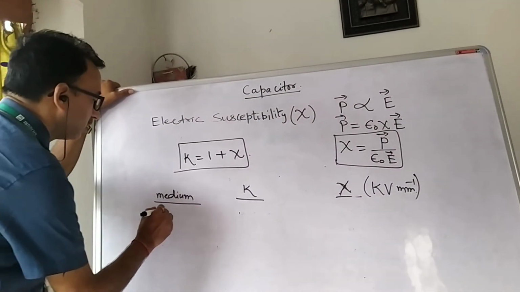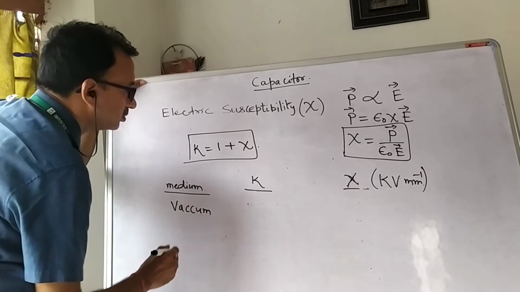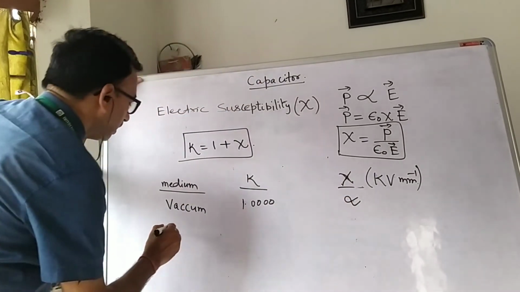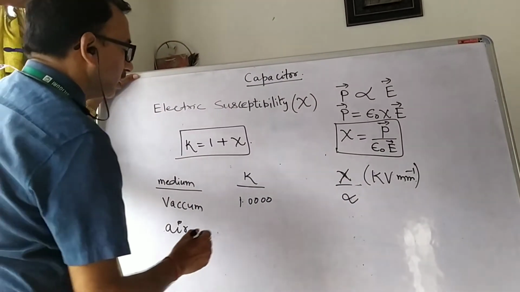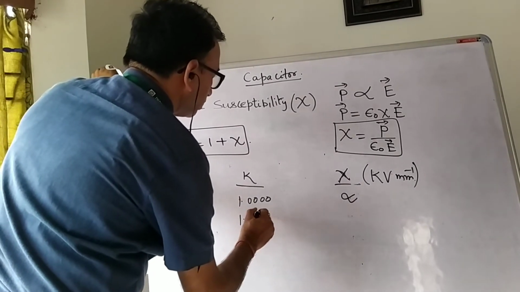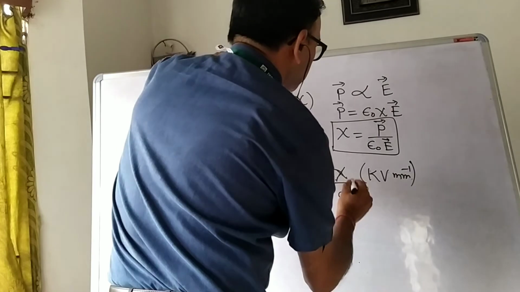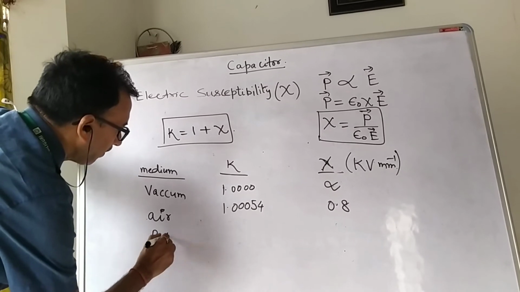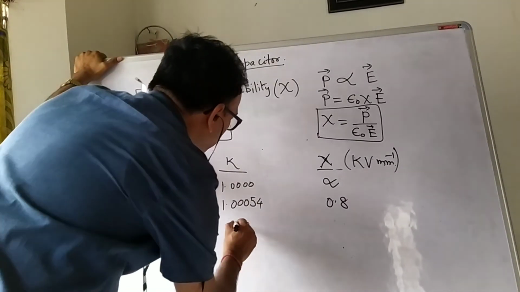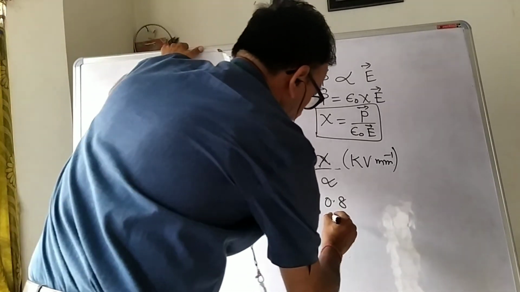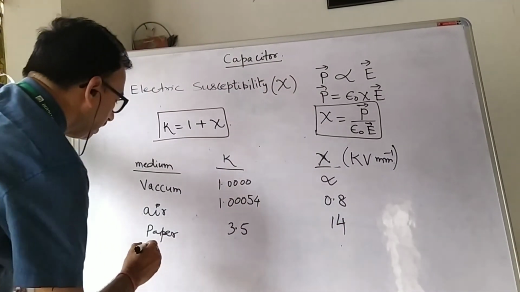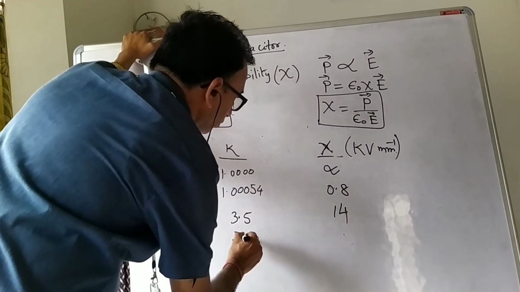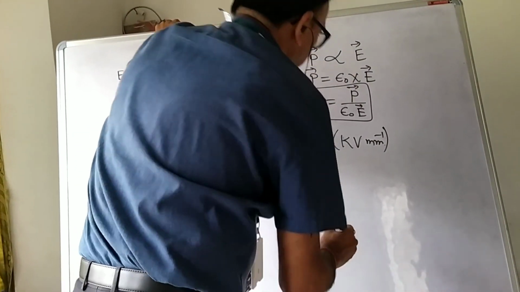The media are: vacuum, which will have 1.000; then we have air, where we have 1.00054 and chi will be 0.8; and this is paper, which will have 3.5; then we have mica, which will have 5.4 and 160. So these are the various